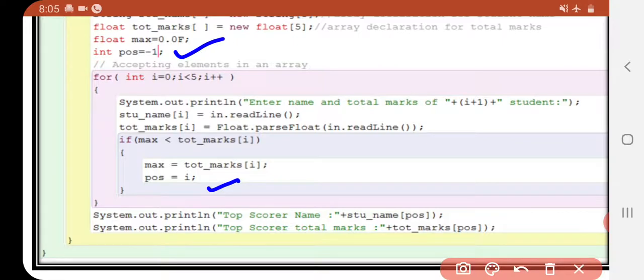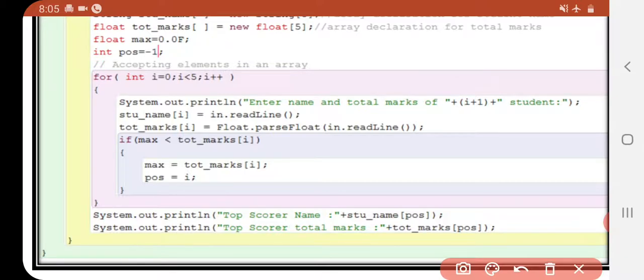But here I am writing -1. Why am I using -1? I can use 0 also, but I am not using 0 right now. Why am I not using 0? Because the 0th location is already present in an array. The first location is 0. If I store 0 by default, it can create an issue, meaning I might think that the first one is the maximum one. Right now, if I write 0 over there, it is not creating any issue. Sometimes it creates an issue. That's why I had written -1. If you use 0 also, no issues right now.